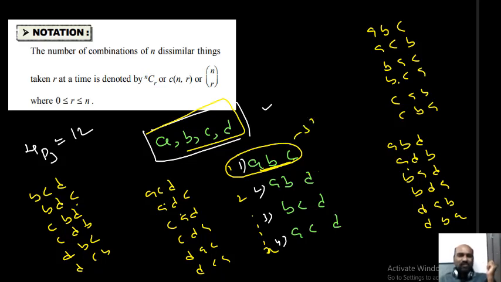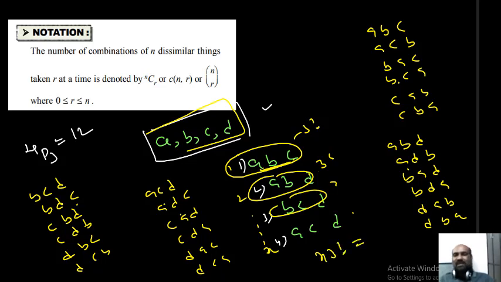That gives 3 factorial linear permutations. This one gives 3 factorial, and this one gives 3 factorial. How many 3 factorials? x times 3 factorial, because I assumed that you get x combinations, and each combination gives 3 factorial linear permutations. That's why x combinations give x into 3 factorial linear permutations. This is nothing but taking 3 from 4 and arranging in a row. x into 3 factorial is nothing but 24 only, no?